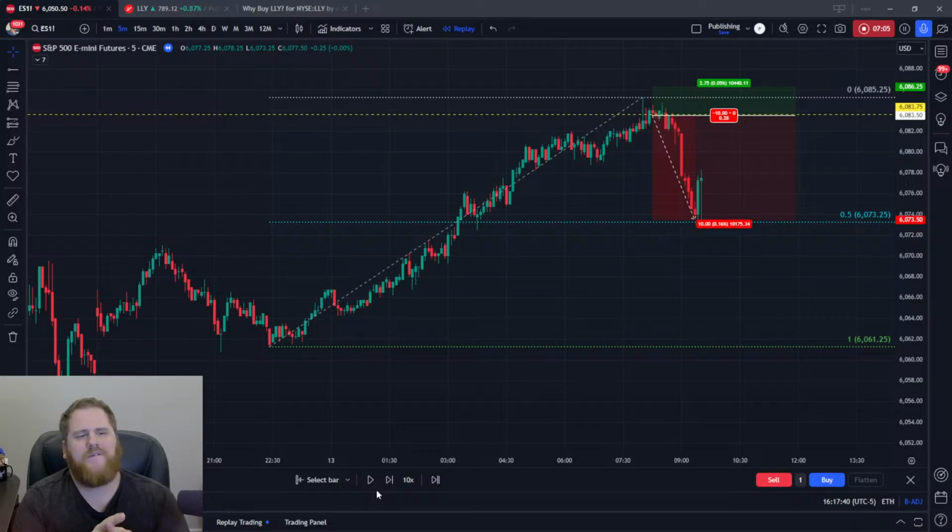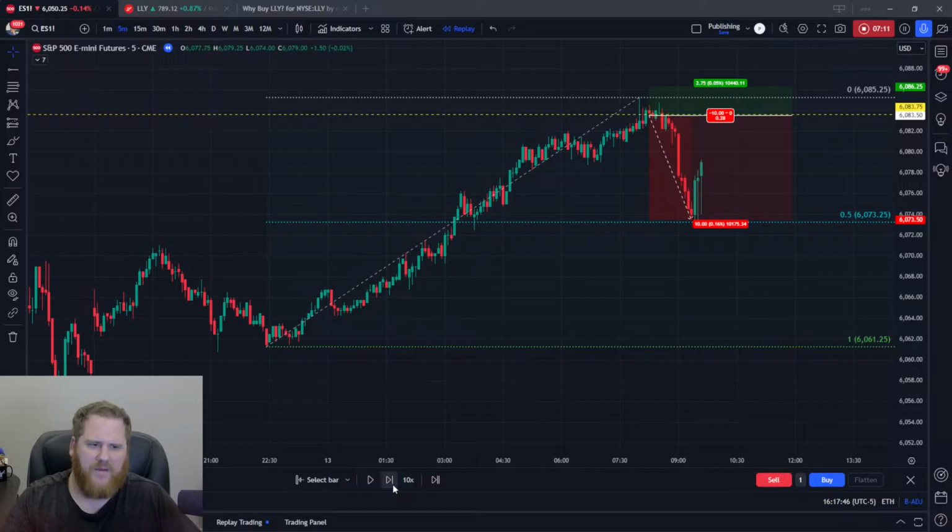Now, as it started coming back, here's how I managed it. I'm going to go slow. As it went up, I did this right here. I closed my second contract because I didn't want that much more risk. I was like, you know what, let's not make this into a full round trip break even. So as it's not just breaking through that level, I'm already out 1, I'm out 2, nice profit, and then left it on.